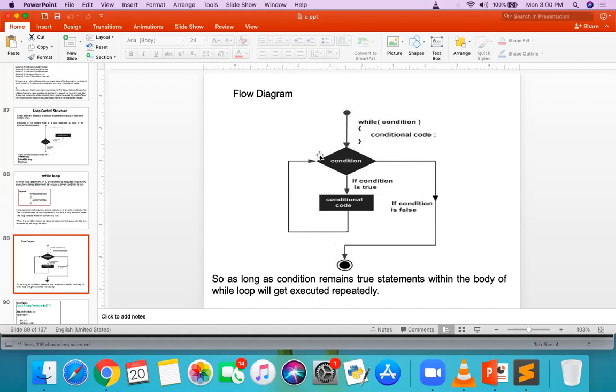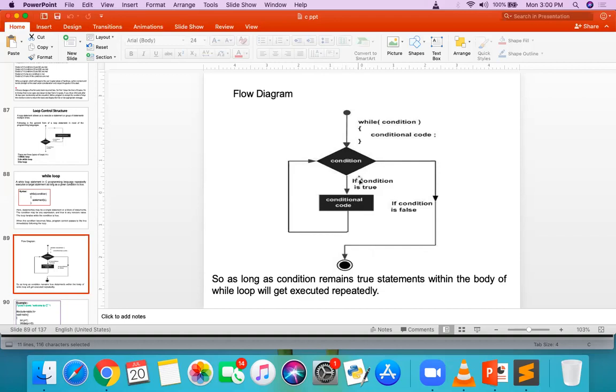Getting? So in one example, suppose at the first time itself the condition is false when you check it. Then what happens? It will not go inside that loop, and directly it will go to the next statement written after that loop.